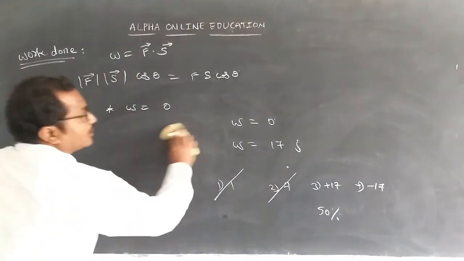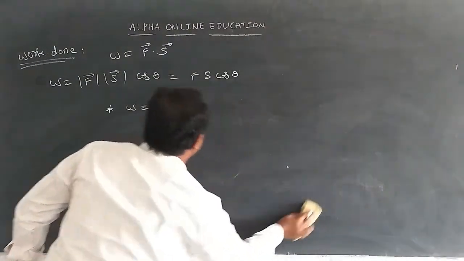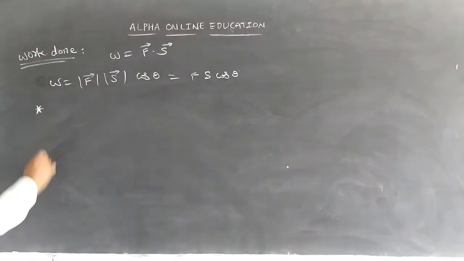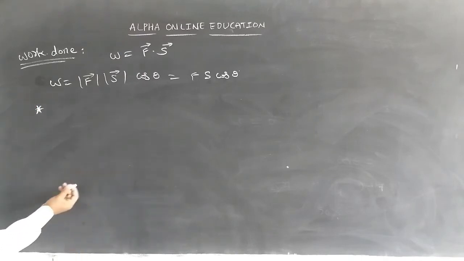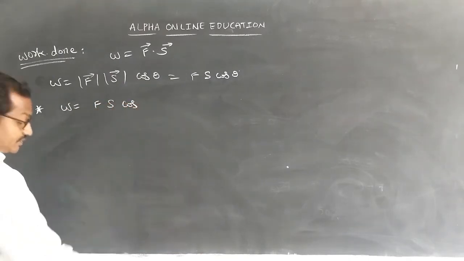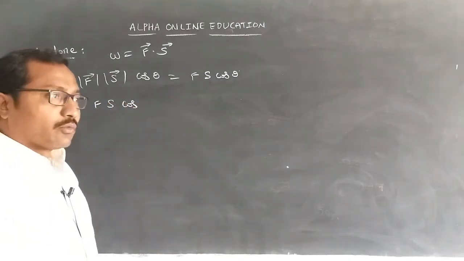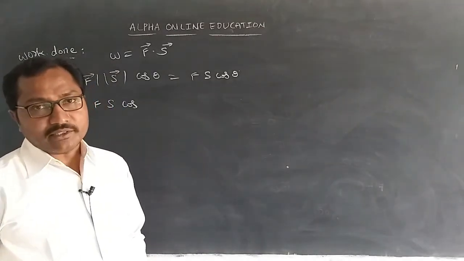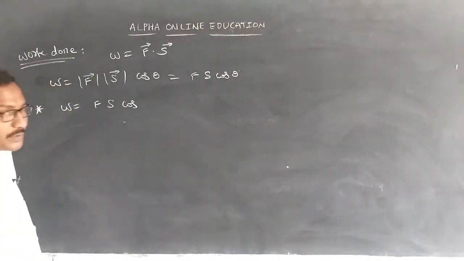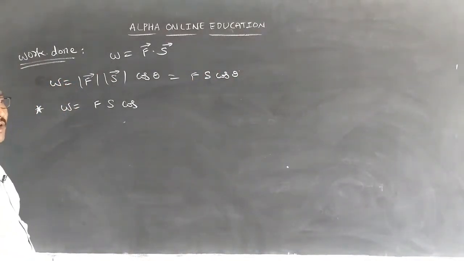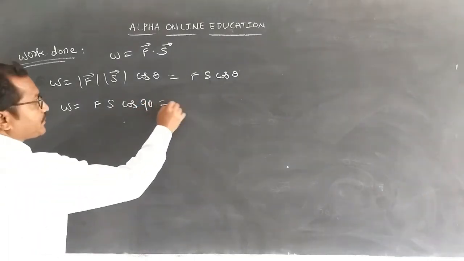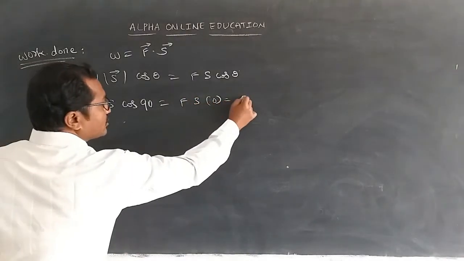Okay, right. Now see here. Now I am talking about the first case, that is 0. When would it be 0? W is equal to F s cos theta. Force is present and displacement is also present, but the value should be 0. How is it? This cos theta becomes 0. So in which case are we going to get the cos value as 0? Theta is equal to 90 degrees. So cos 90 is equal to how much? The value of F s times 0 is equal to completely 0 we are getting.